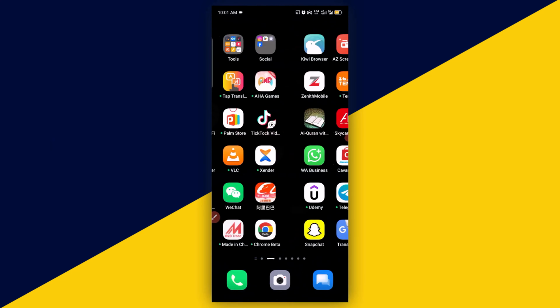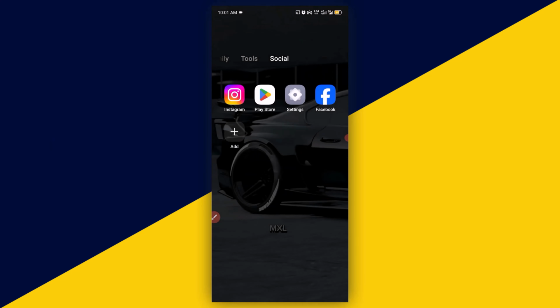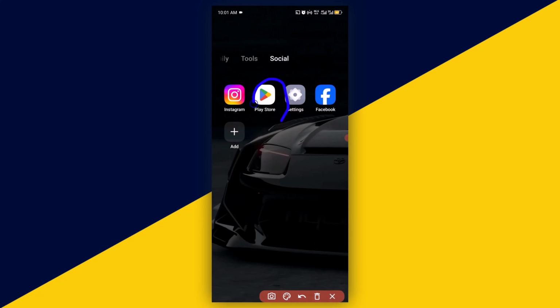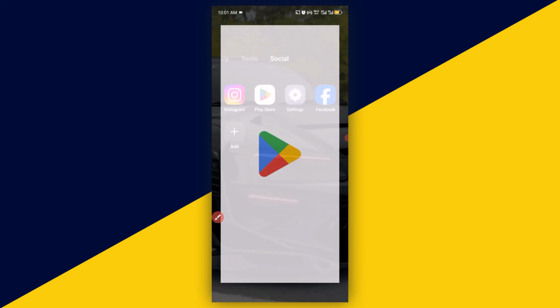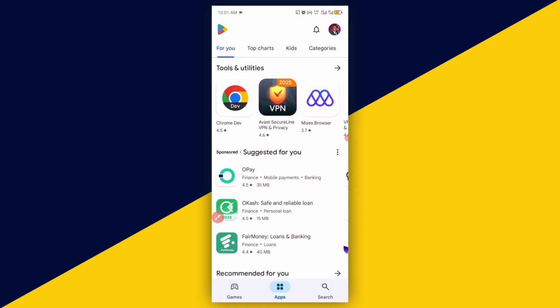The very first thing you need to do is make sure you head over to your Play Store if you are using an Android phone. But if you are using an iPhone, go to your App Store and make sure you update your Instagram to the latest version. Having gotten to your Play Store on Android or App Store on iPhone, the next thing